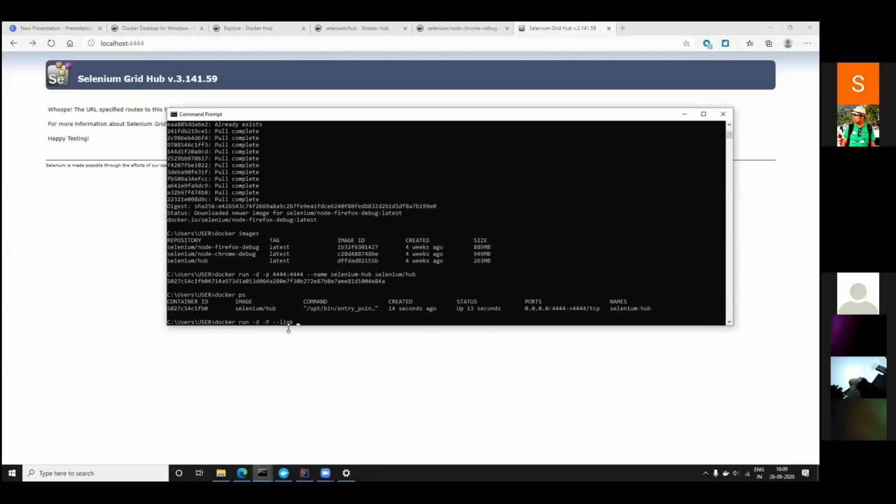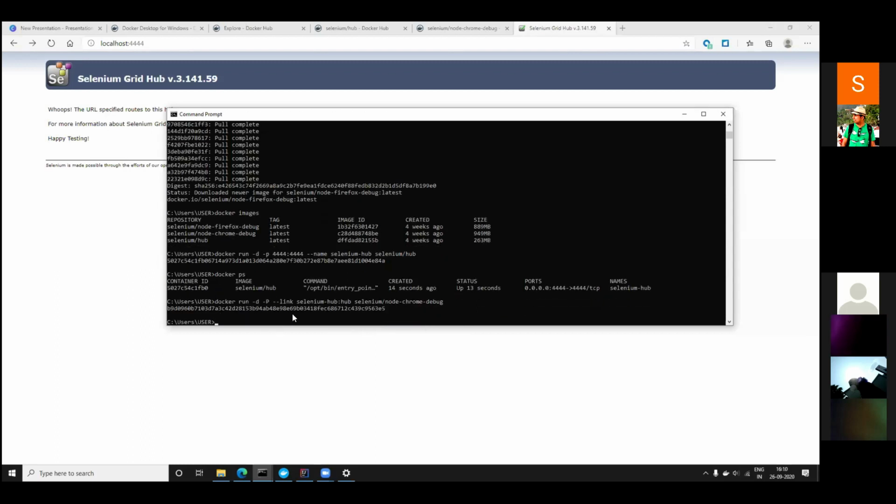I need to link the container that I'm going to create to the existing one as a hub. So selenium-hub as hub, and this container is going to be built from Selenium node Chrome debug. Why I have used this debug one, I will explain later, but let us create it first.